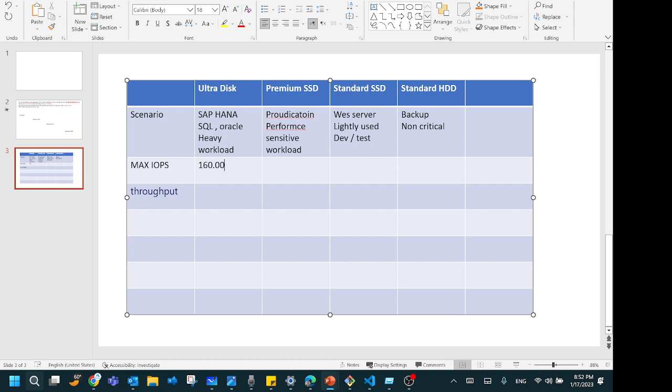160,000. And for premium SSD it will be 20,000. And for standard SSD it will be 6,000, and for standard HDD it will be 2,000. For maximum throughput, for ultra disk it will be